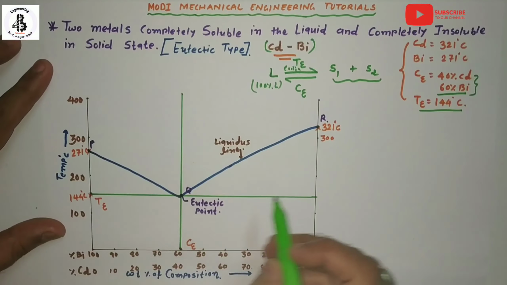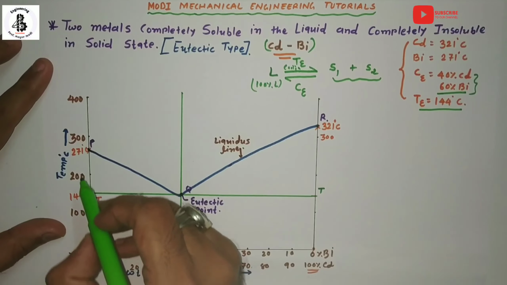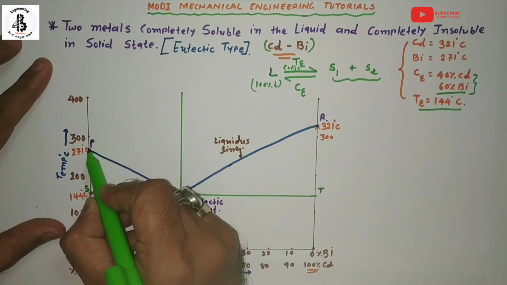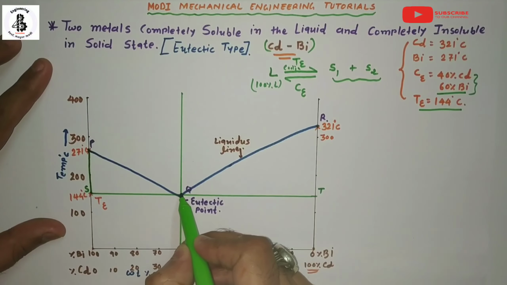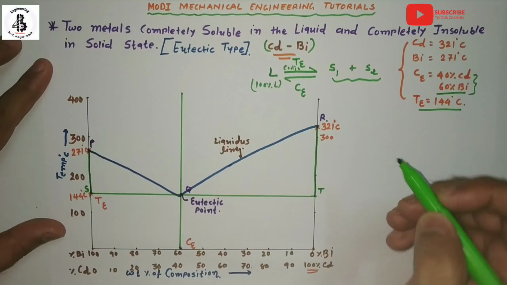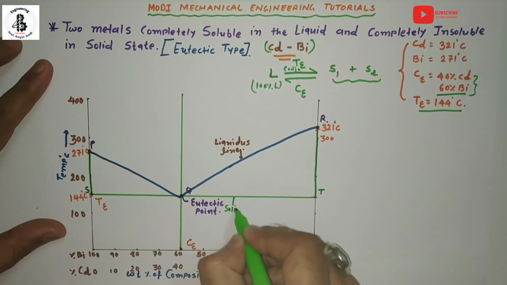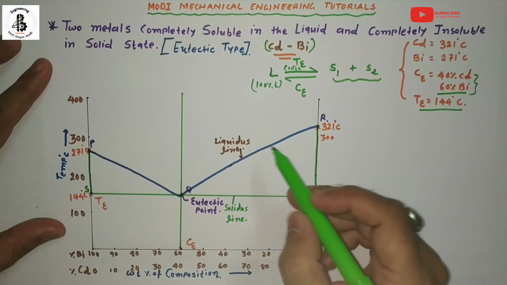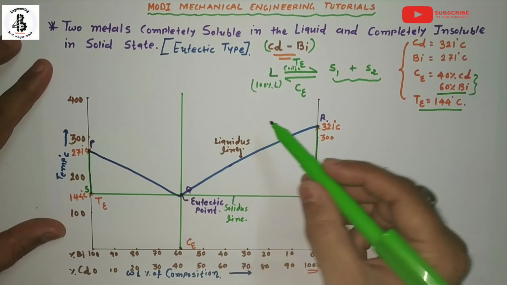Now there will be some more points like S and T. So you can see the line which will be P, S, Q, T and R. That will be representing the solidus line. As from the definition of the liquidus line, all the portion above the liquidus line will act as